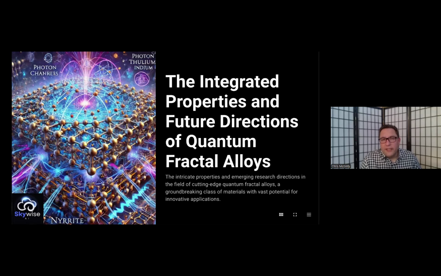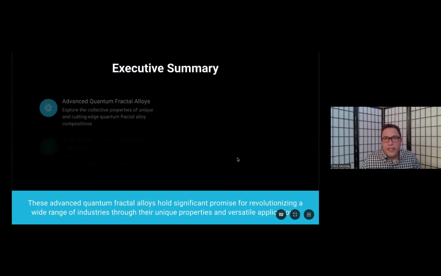So this is going to be a presentation of the future directions of what we see as being possible, and how we might, collectively as a scientific community, take a look at these new ways of putting materials together that are, frankly, have been beyond us until now. So we'll go ahead with this.